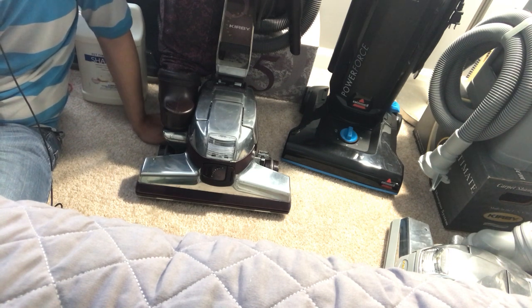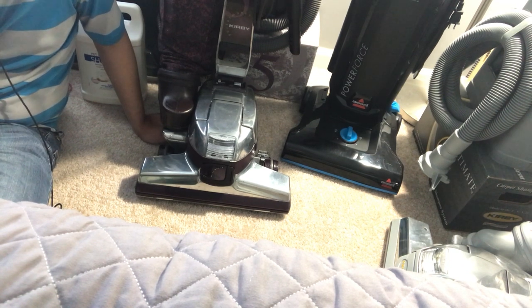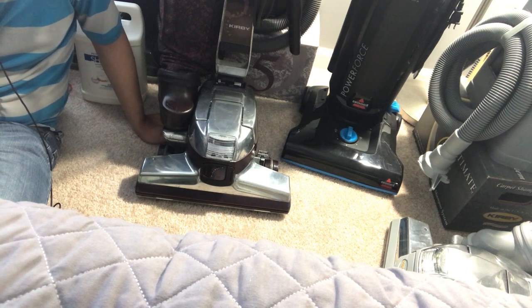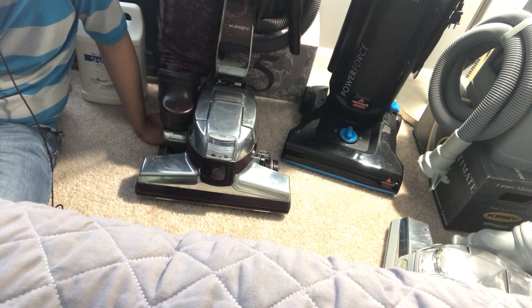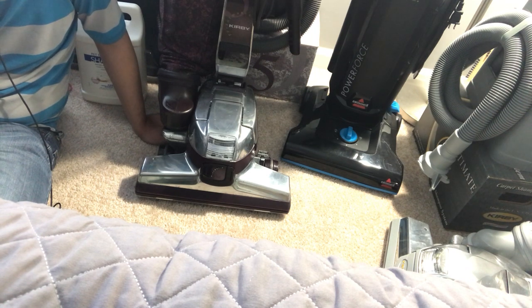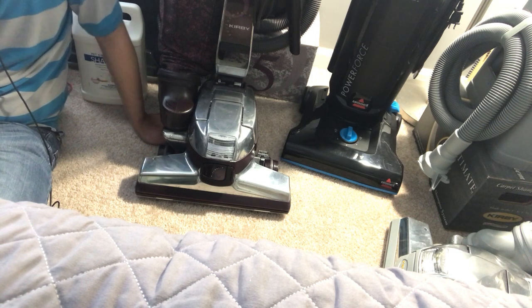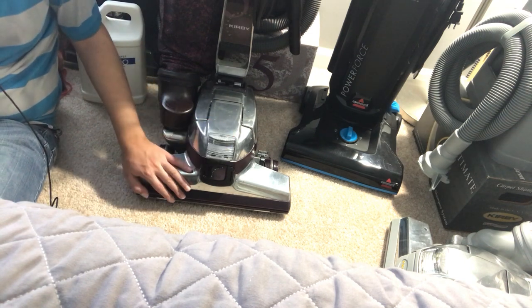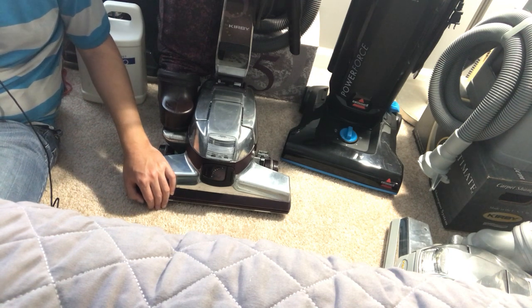At the end of the day, no matter what you buy, in what category, you want to make sure that it is simple. Because if you keep it simple, you're not really going to have too much of a problem when it comes time to repair them, or if you need any parts or anything like that. Now, these Kirbys are basically the same way. They've been using the same basic design for the last 30 years,